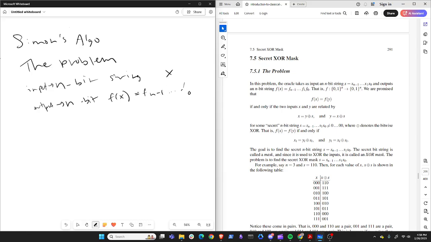So f maps a string of n length, each element being a 0 or a 1, to another string of n length, each one being a 0 or a 1. So we are promised that f of x equals f of y